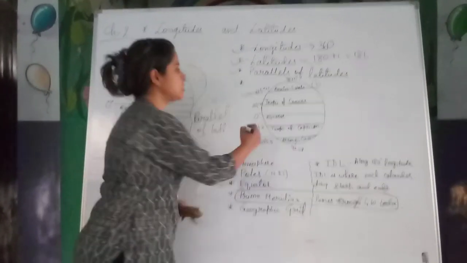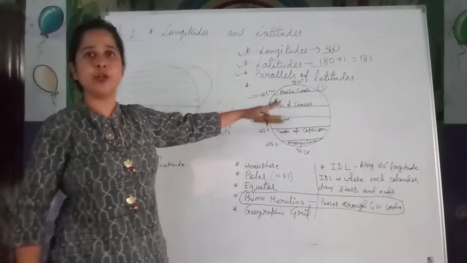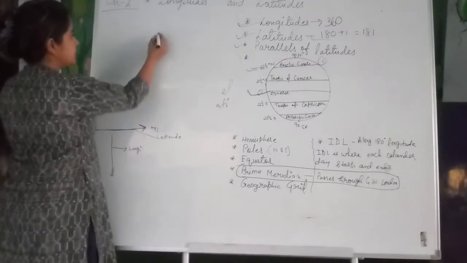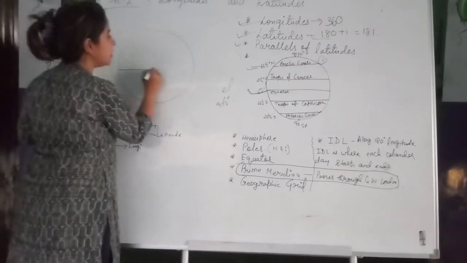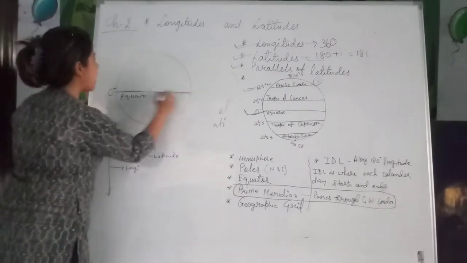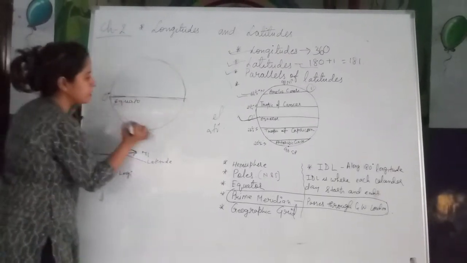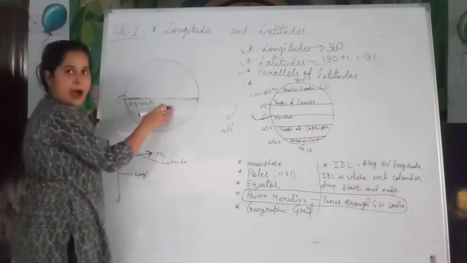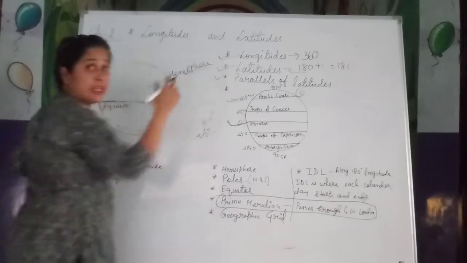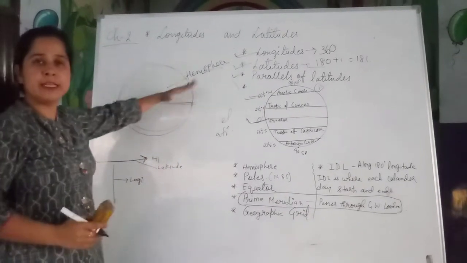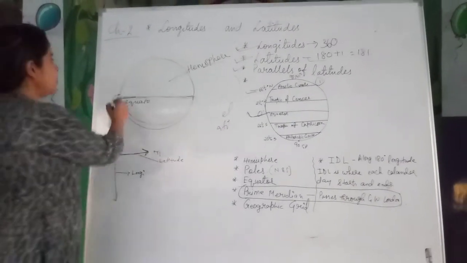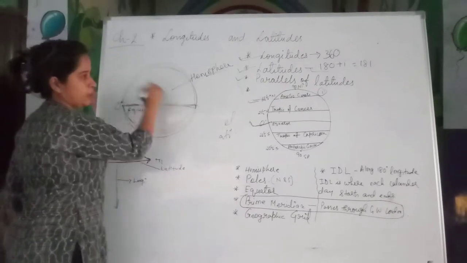Third is the most important, because it is the latitude which divides the earth into 2 equal halves. See how. It is our earth. The line running through the middle of the earth is called the 0 degree equator. This is one half of the earth and this is the second half. These two halves are named hemispheres. The meaning of hemisphere is half of a circle. So the earth is divided into two hemispheres by the equator.